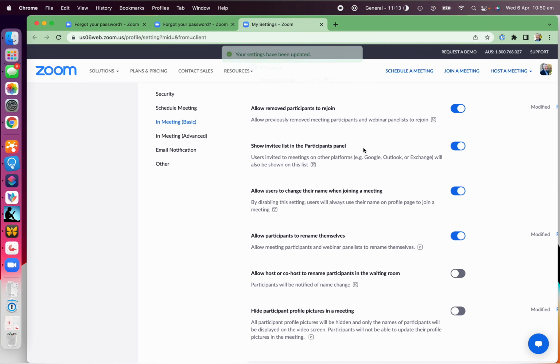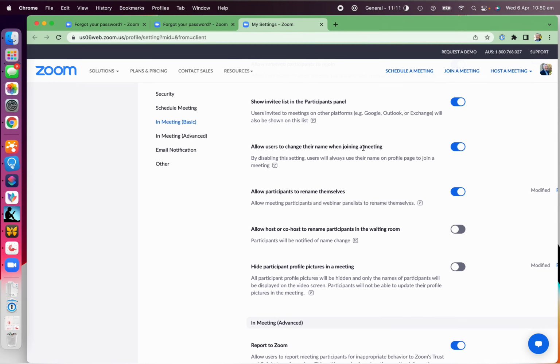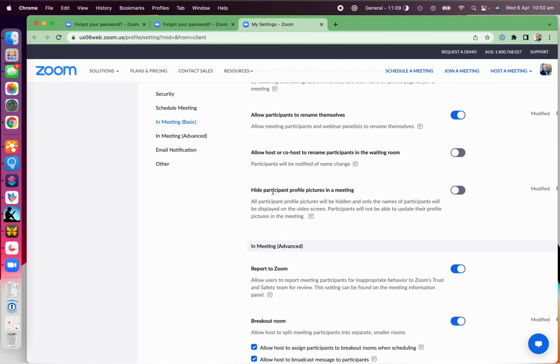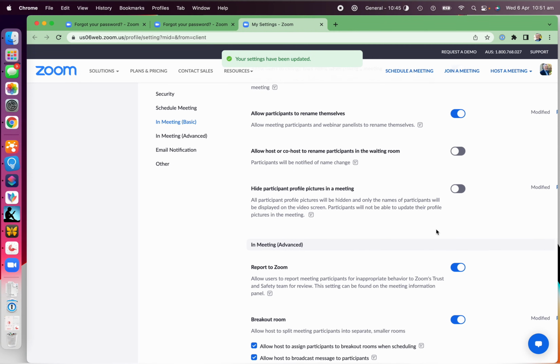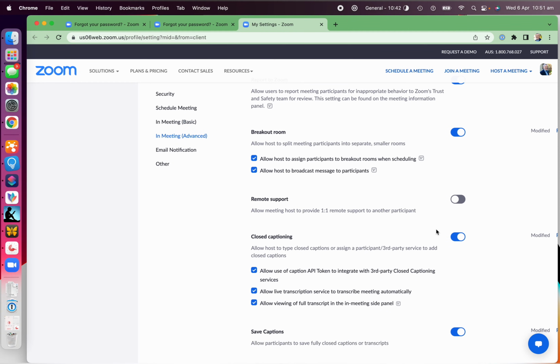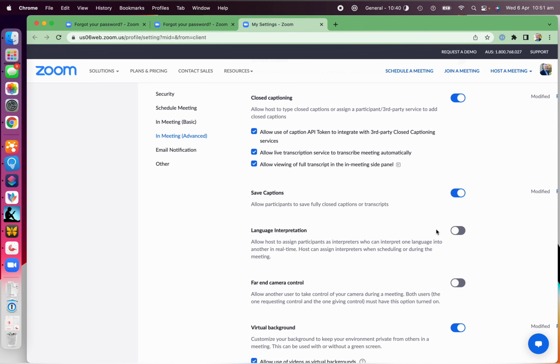Are we going to show who's in the meeting? Yep. Who's been invited? Yep. Now this one, you can hide profile. Once again, if you've got people who are messing around, sometimes school students like to put up pictures that they shouldn't be putting up. You can block that. You can say, all right, I'm just going to have your name there, and you're not going to be allowed to put up participant profile pictures. Okay, you can report inappropriate behavior. Okay, I'm going to leave the rest of this.